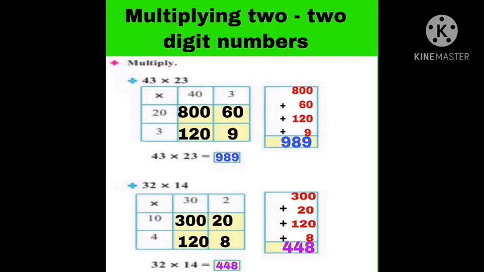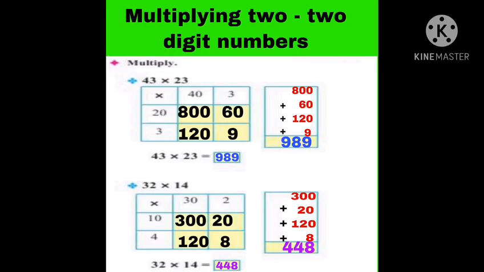Now we have to multiply, that means 20 multiplied by 40, and the answer we are getting is 800. You can easily multiply, that is 4 2s are 8, and put the 2 zeros down, so you are getting the answer as 800. Now you have to multiply 20 multiplied by 3, and the answer is 60, that is 2 3s are 6, and 0. So you got the answer, the first line answer you got.